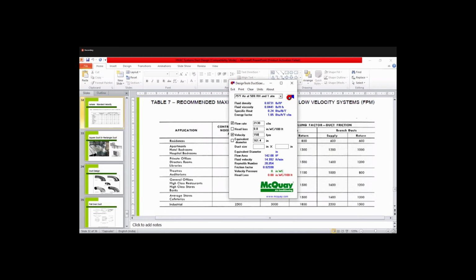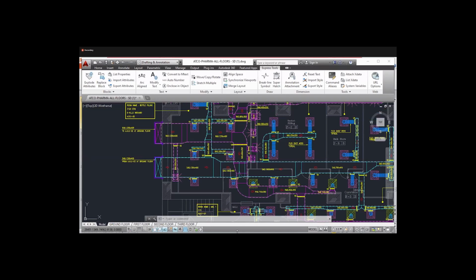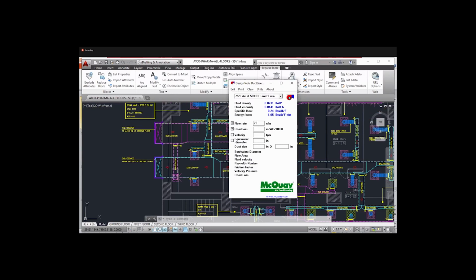Okay. So what is the head loss? 0.198 is the head loss. What is the value here? 2130. So 2130, and 0.198 is the head loss we have to use as per the FPM.